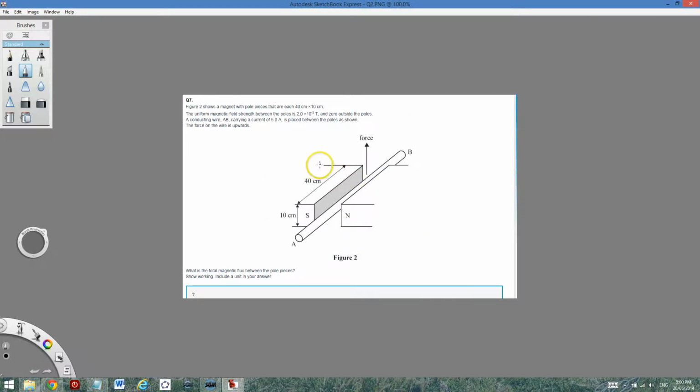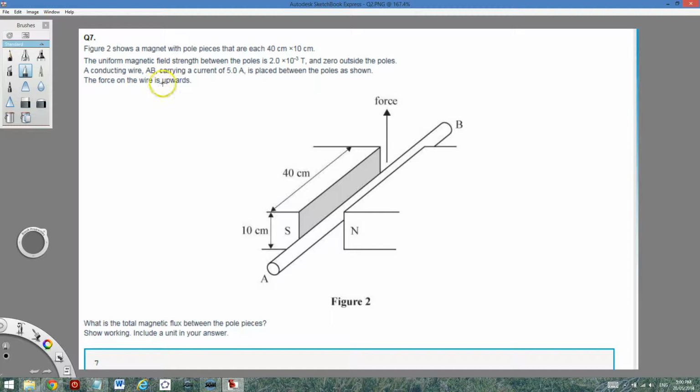Now let's look at this question. So again, we have this situation. The question asks me, what is the magnetic flux between the pole pieces? So basically, what's the magnetic flux between the north pole and the south pole? Remember, flux is related to area. So write down the equation. So yep, the magnetic field is this,